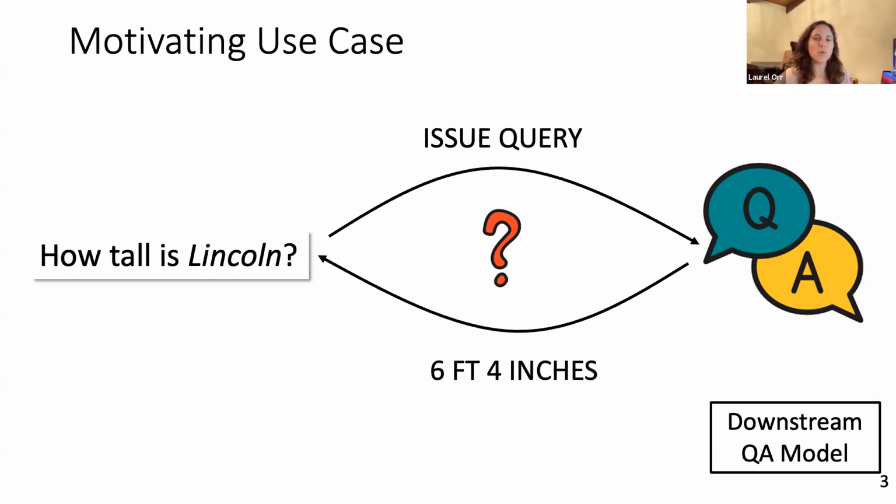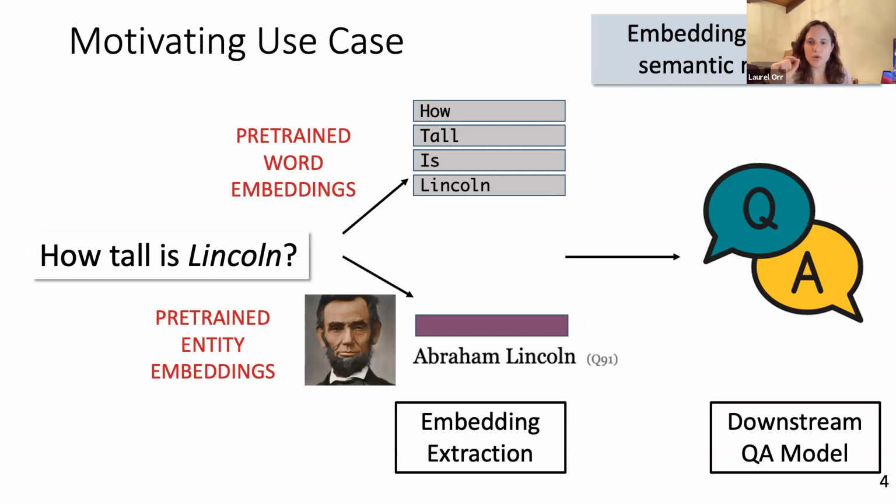But I actually want to take one step deeper to understand what happens in between the query and the inputs into the QA model. Given a query, the core pre-processing step that needs to happen is where embedding representations are generated for the different inputs. The words are going to get turned into word embeddings through either a static pre-trained word embedding or a contextualized language model. And then the entities are first going to be disambiguated, which I'll talk about later, and then also turned into their embedded forms as well.